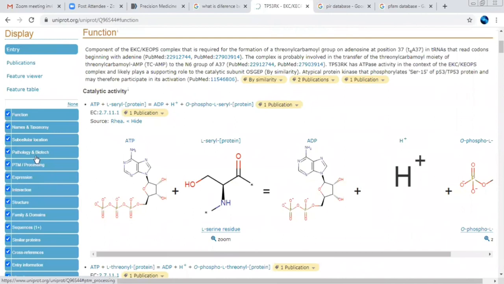After the functions, you can see the name and taxonomy. You will get the subcellular locations, the pathological data, post-translational modification, expression data, interaction data, structural data, the family of that protein, and domains. You will get the sequence, some similar proteins, and certain cross references. This is the amount of data you are getting from here. So we are going into the data.